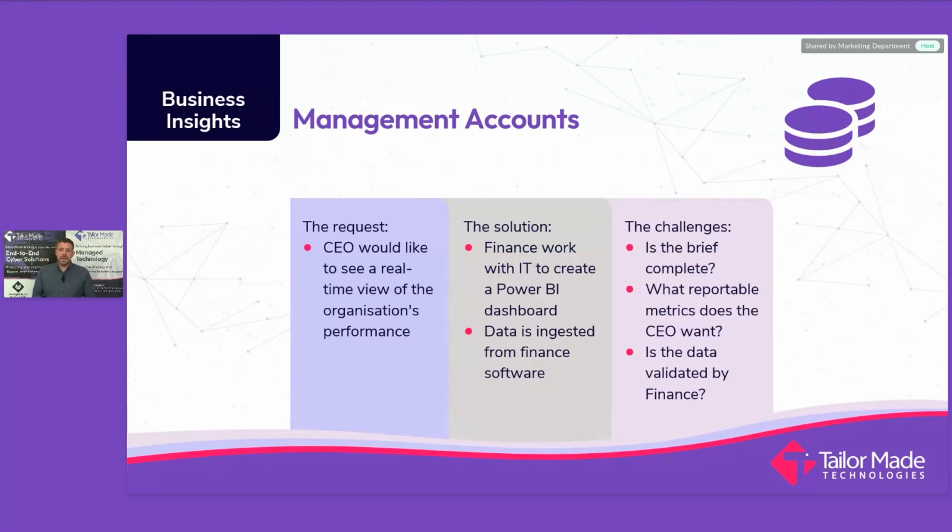So, and obviously the last thing to think about is, how valid is the data? If you've got live dynamic management accounts, and the CEO jumps in on the 14th of the month and wants to look at a snapshot of where the business is, well, how do you know finance aren't doing a lot of journaling? They haven't done end of month yet. They haven't closed anything down. They haven't adjusted anything to make sure that it looks correct at the end of the month. You're kind of mid-month. So how are you going to deal with that?